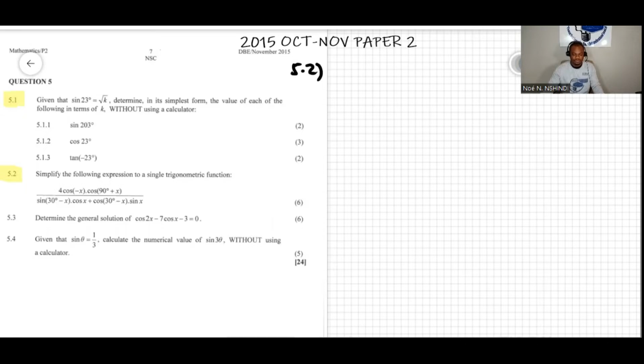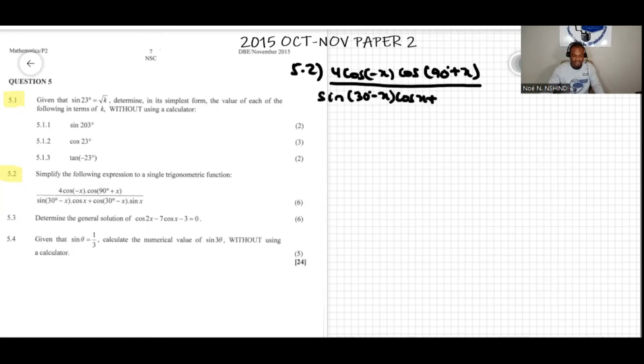We have 4 cos of negative x times cos of 90 degrees plus x, all over sine of 30 degrees minus x times cos x plus cos of 30 minus x